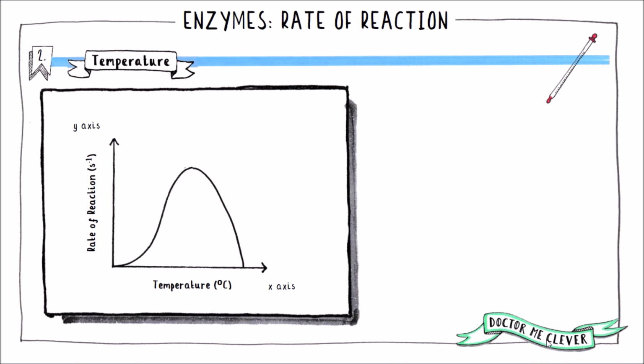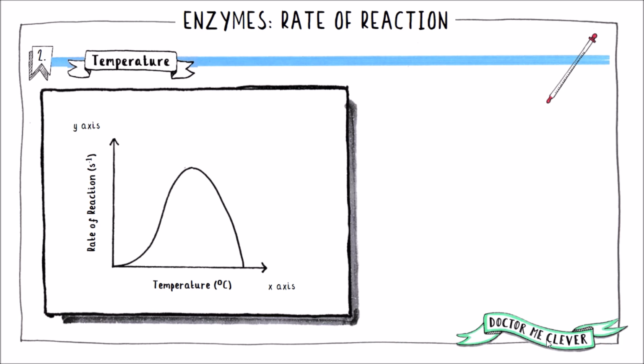The second variable that can affect enzyme activity is temperature. If we had several test tubes, each containing the same concentrations of enzyme and substrates, but each tube was then cooled or heated to a different temperature, the rate of the enzyme-catalysed reaction in each tube would be different. If you plotted the rates against each temperature used, then you would end up with a graph a little bit